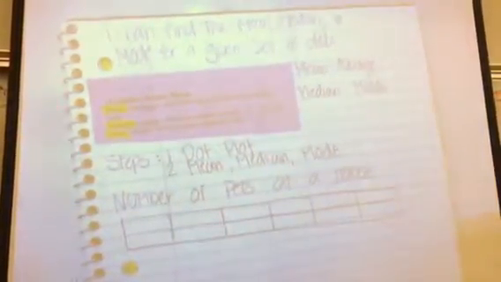Okay, so then I have this word right here, median. The way we're going to remember the median is the middle. And I have to back up, I apologize. So when we find the mean, it's an average. The way we do it is we add all of the numbers up and then divide by the total pieces of data. With the median, it's the middle. You need to find the middle number, and you are going to write from least to greatest. That matters. So the median is the number in the middle.